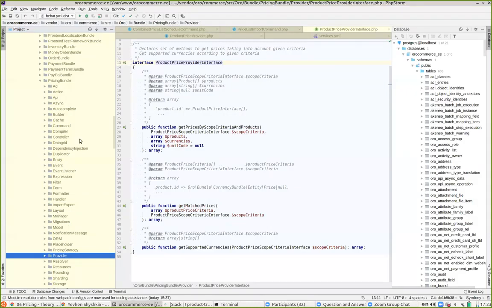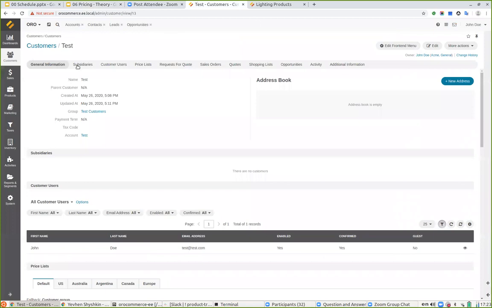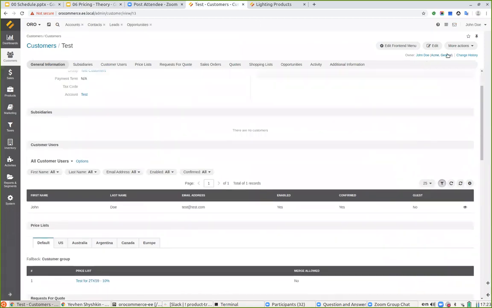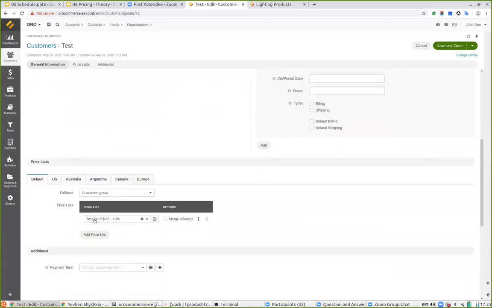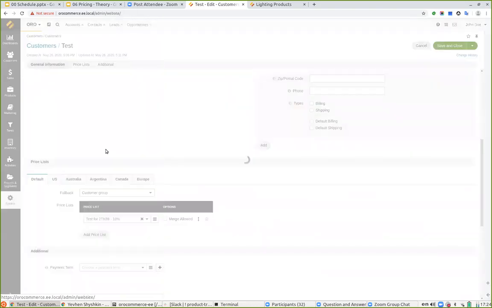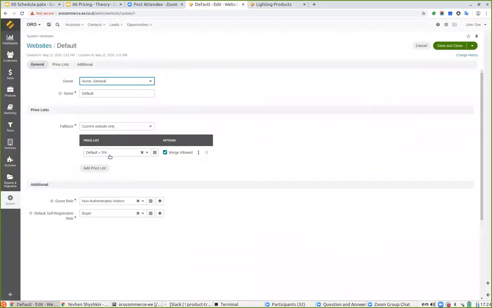So if we're talking about our current use case with our customer and website, we have a very small chain, which is price list test for this product minus 10%. We have no price list on the customer group. Then we have a price list on the website level here, default plus 5%. And optionally, we may also have a price list on the global level. So how does it work? Oro automatically merges